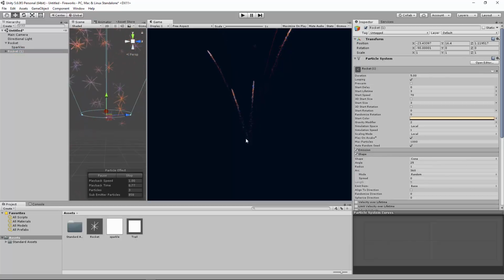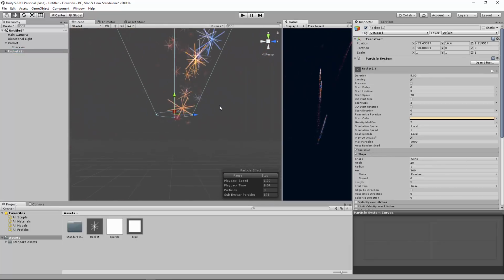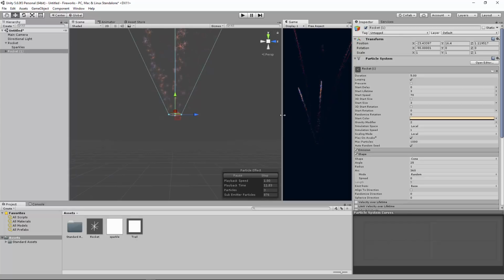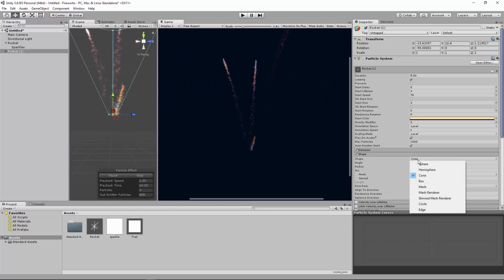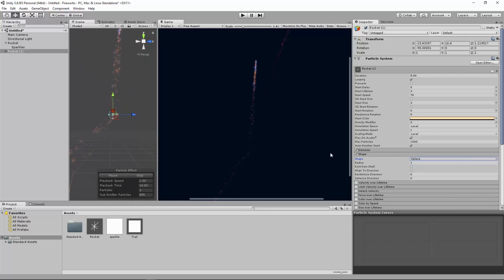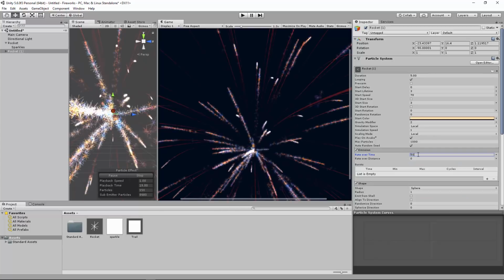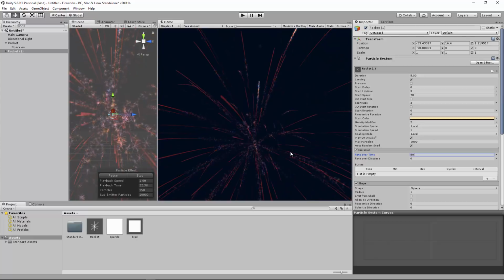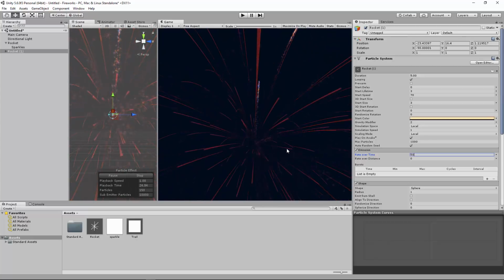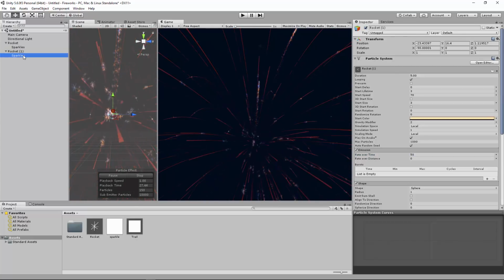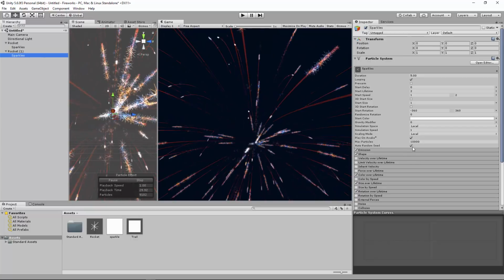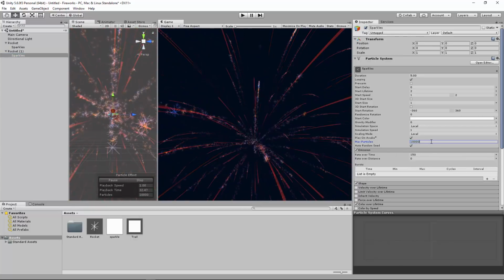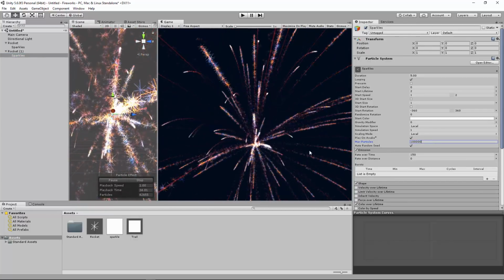explosion. So for the emission shape, instead of a cone, so it's going up like this, I'm going to change it to a sphere. So right there. So now it's going to be shooting out in any direction because it's shooting out along the sphere. If I increase the rate over time, you can see what's going on. And again, the max particles is too low for this, so we'd have to play around with that. Okay, so just put an extra 0 there, and you can see that's kind of what it